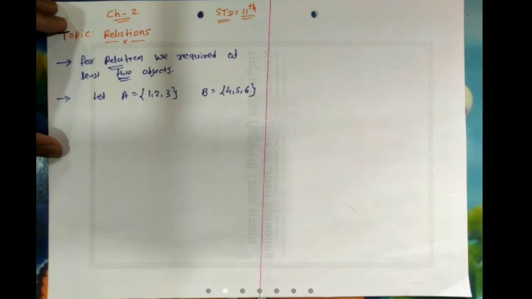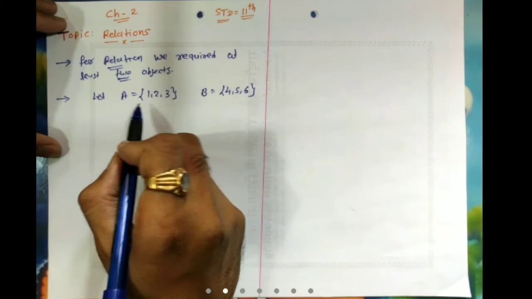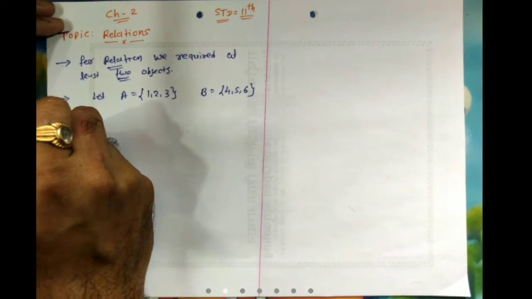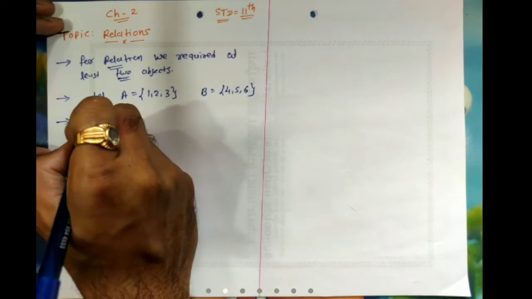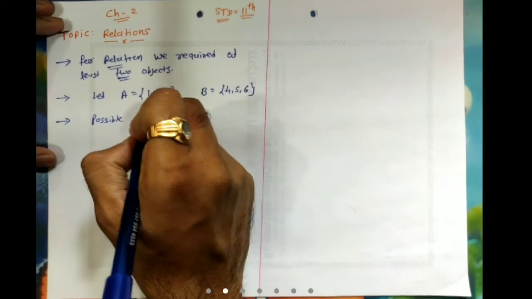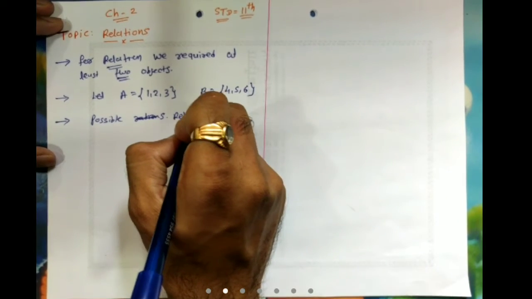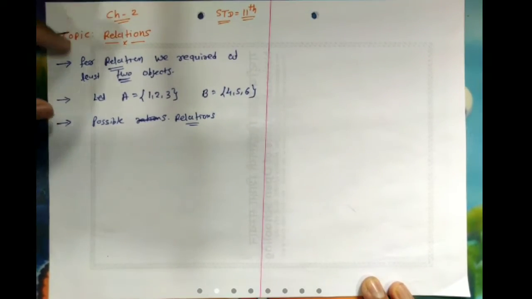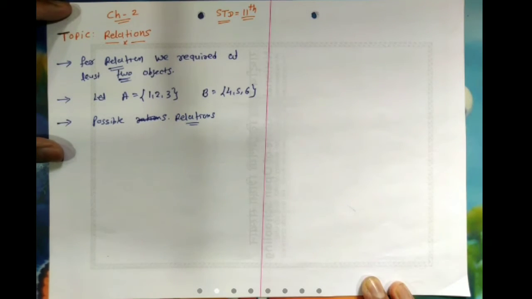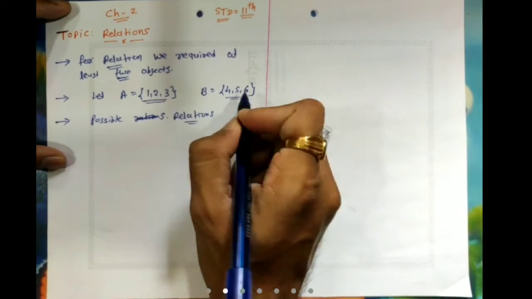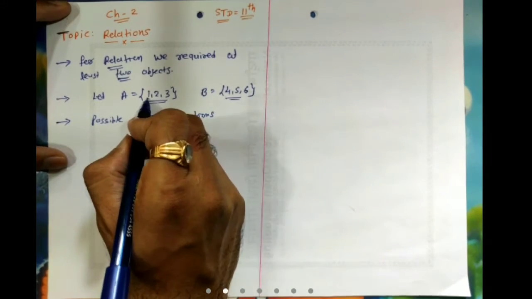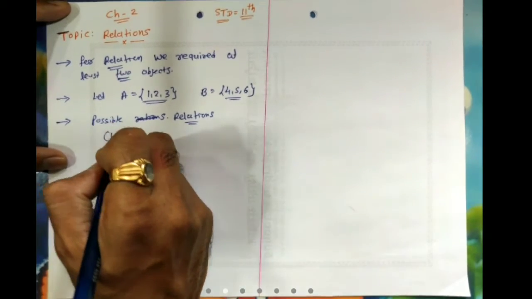So here we are defining the relationship between set A and set B. Relationship between all the elements of set A with elements of set B. So here we can say that the total possible relations, the number of possible relations between each element of set A and element of set B. How can we relate each element of this set A with set B? So the possibilities are, 1 can relate with this 4, so it's a (1, 4).